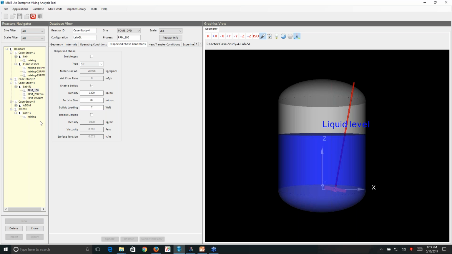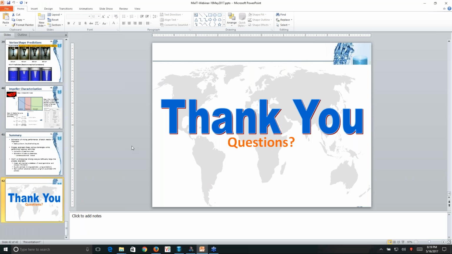Another question on similar lines: how well does the model account for changing material properties with addition of powders, or shear thinning? Typically, let's say we are taking a liquid in the vessel and then adding powder to the liquid. As the powder gets mixed, the viscosity might increase over a period of time.